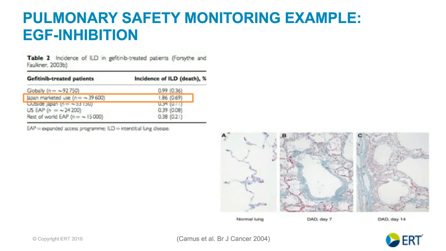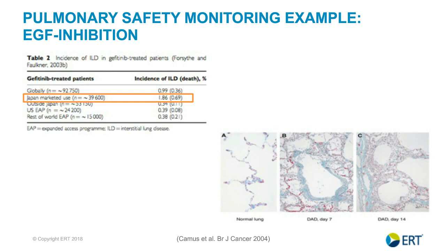One more recent example is the example of EGF inhibition to treat cancer. It's a relatively rare but potentially life-threatening complication of EGF inhibition, which causes an interstitial lung disease, which is very often characterized by diffuse and acute alveolar damage, and that can be life-threatening for patients. And as you see by a frequency distribution on the left hand of the table,